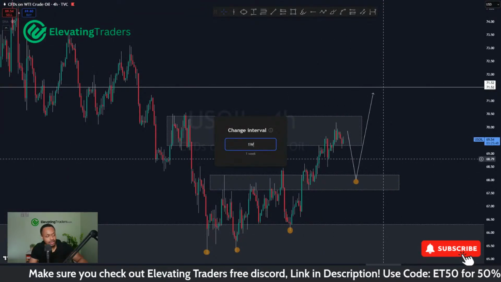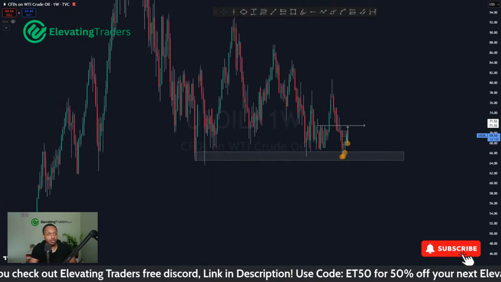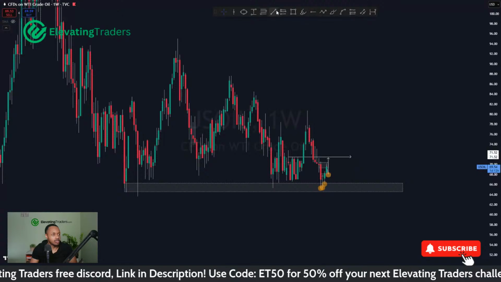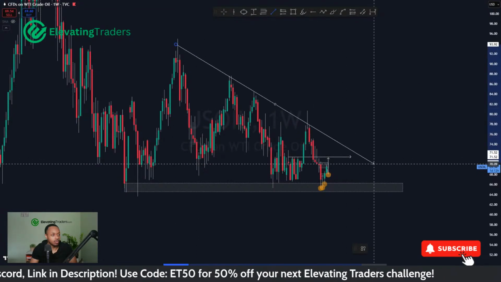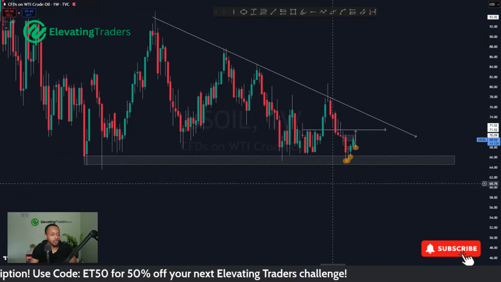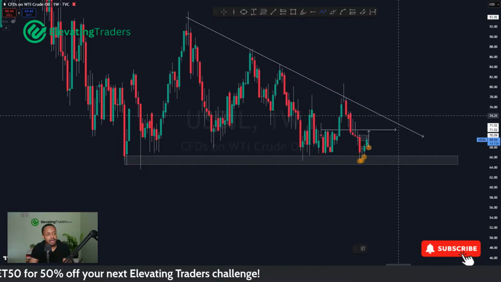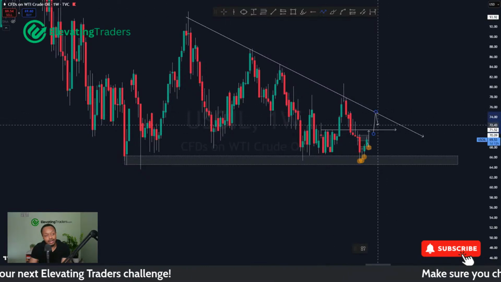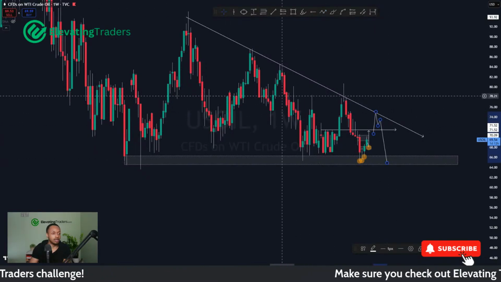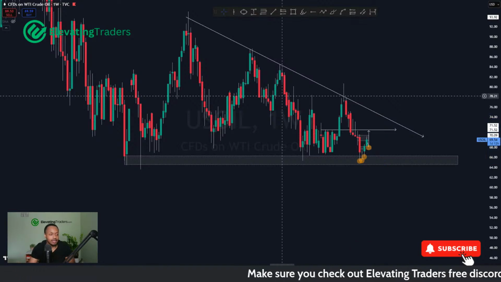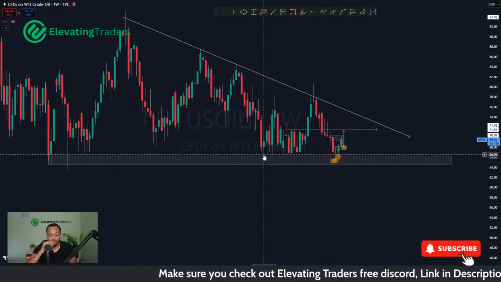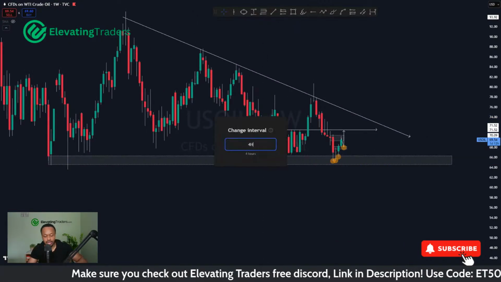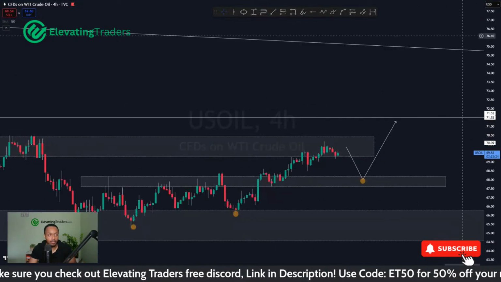Altogether, on the weekly chart, we're just squeezing between support and a pretty big trend line. So I'm just looking to see which one will give way first. At the moment, support holding pretty well. Maybe we push towards the trend line again and go for another swing back down. We'll have to wait and see. But at the moment, nice rejection of support, and I still do see a little bit more upside for this one.